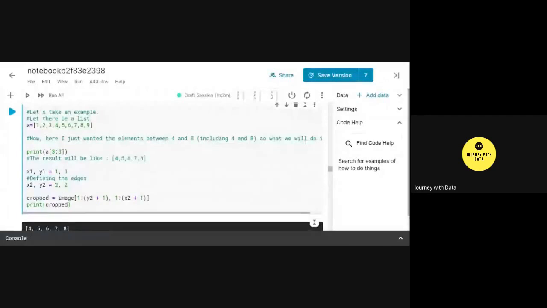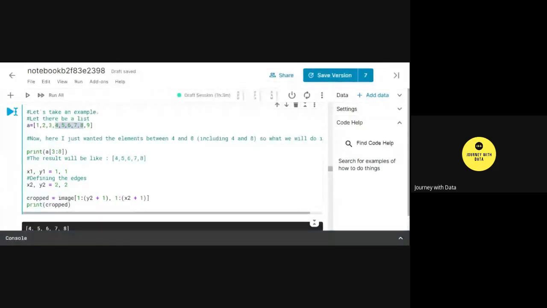For example, I'll just talk about how we actually perform slicing and dicing. Let's say we have a list which contains elements from 1 to 9, and now I want the elements between 4 and 8, inclusive of 4 and 8. For that, I'll have to use the accessor methods, the slicing and dicing in Python.